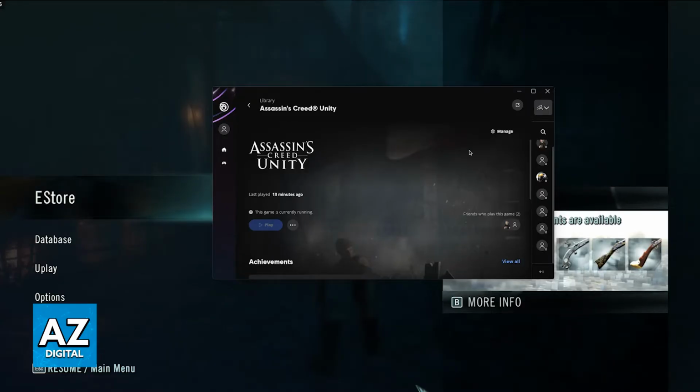So as you can see, I'm doing this process on a PC through the Ubisoft Connect launcher, but usually you can even do it if you own Assassin's Creed Unity outside of the launcher itself. So the obvious thing is that you should go ahead and try to run it. If the game doesn't even run to begin with, then unfortunately I don't have any advice for you. If the game simply refuses to open, it could mean that your hardware is way too outdated, and sadly I don't know of any way to bypass this.